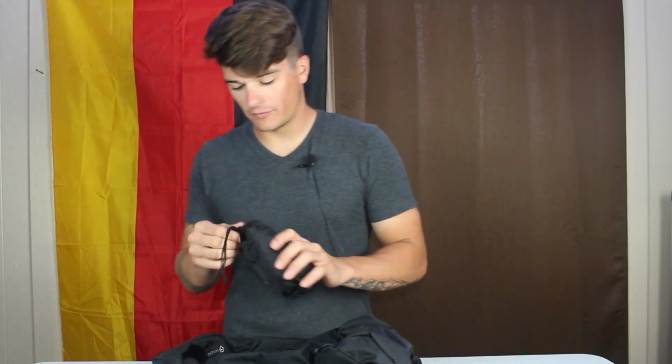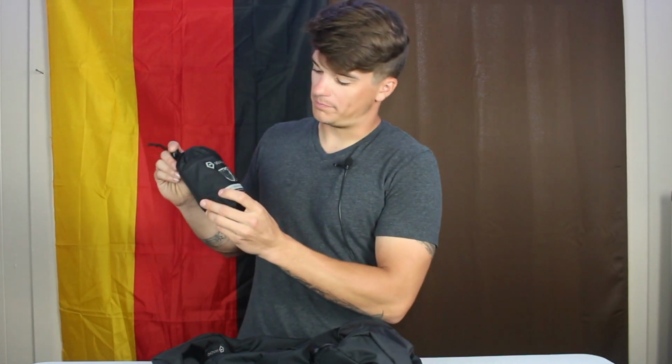And the other inflatable thing that we're going to talk about comes in this nice little pouchy pouch, and that's their inflatable camera cube. Now this is an addition that you can buy as well. I went ahead and got it with my Kickstarter because I felt like it was something that I would use,